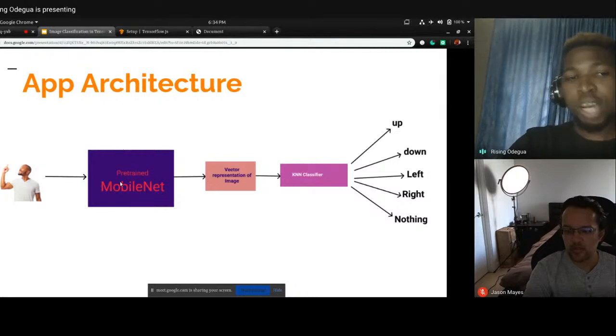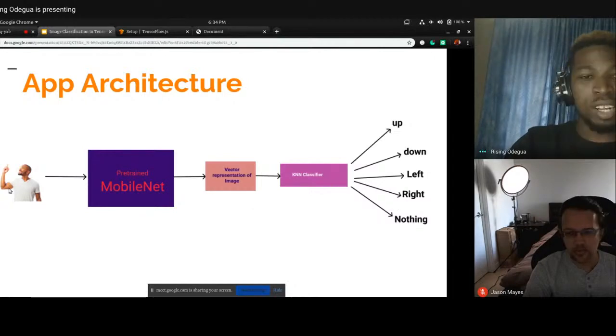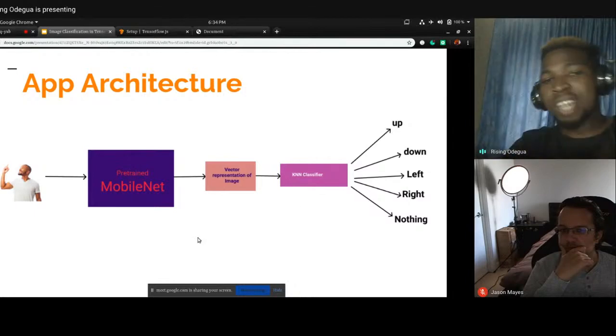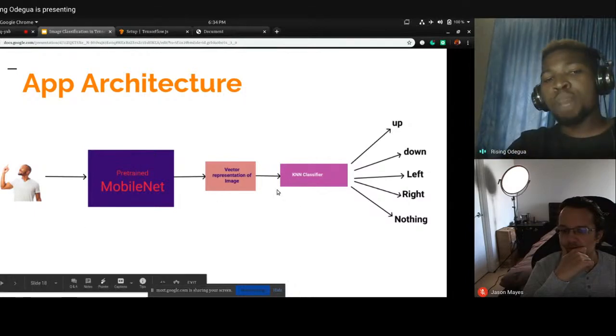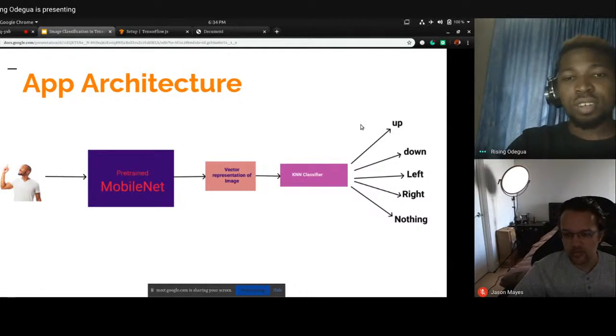So we capture that activation, and we associate each of those activations to a particular command or a particular class. I can decide to assign this particular activation that I've got from this person to the class up. The 5 here is just an arbitrary number. It can be 2 classes, 3, or 4, depending on what you're trying to do. But basically, the architecture is that we're using a pre-trained model, and we're putting a KNN classifier on top of that pre-trained model. This is basically what we'll be building.